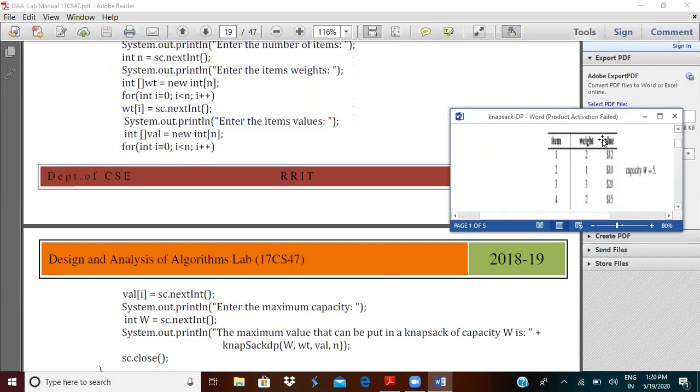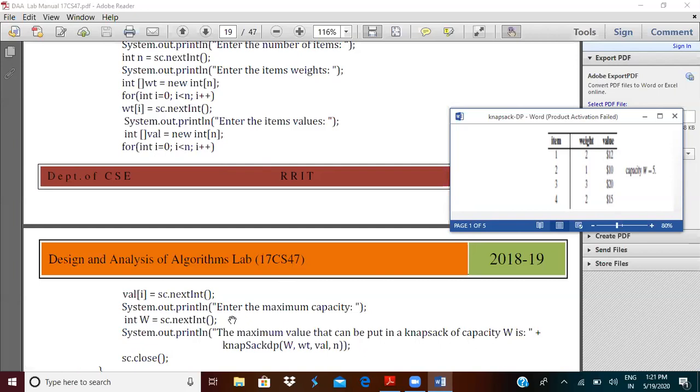Now, these are the values 12, 10, 20, 15 respectively. These values would be stored inside the val array. For each value of i starting from 0 till 3, I'm going to store that particular value inside the val array.